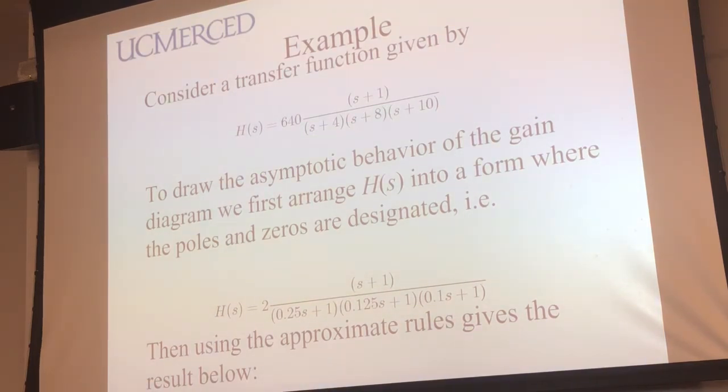How do we do that? You need to put this thing into what we call canonic form. This is the original form, and this is the form of this. What we did here is always 1, S divided by 10 is 1, S divided by 8 is this, S divided by 4 is like this. So 4, 8, 10, and divided this one, you got 2, this is 1. So this format is the canonic format, okay?